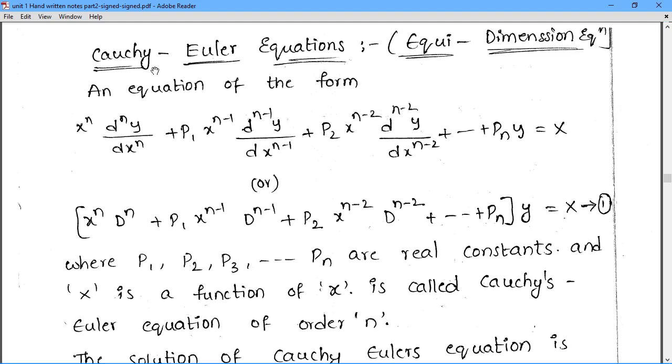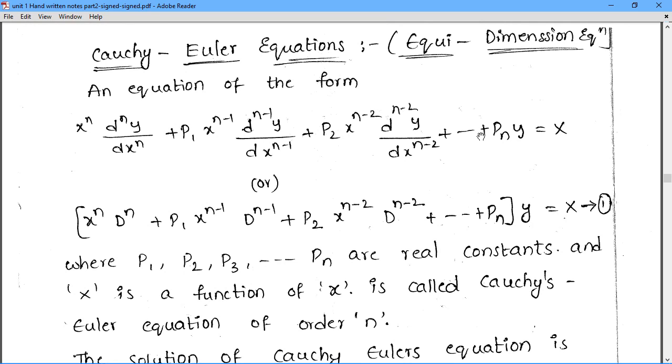Good morning, students. In this class, we will discuss Cauchy-Euler's equations. These are known as equidimension equations. The general form of Cauchy-Euler's equation is x^n d^n y/dx^n + p1 x^(n-1) d^(n-1) y/dx^(n-1) + p2 x^(n-2) d^(n-2) y/dx^(n-2) + and so on + pn y = X, where p1, p2, p3 and so on up to pn are real numbers